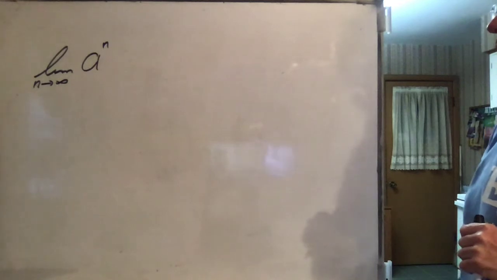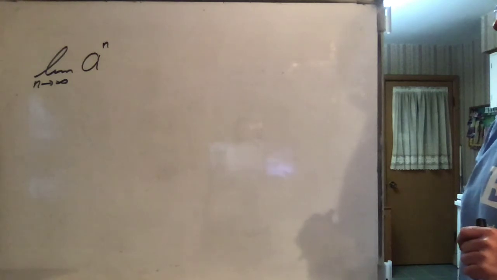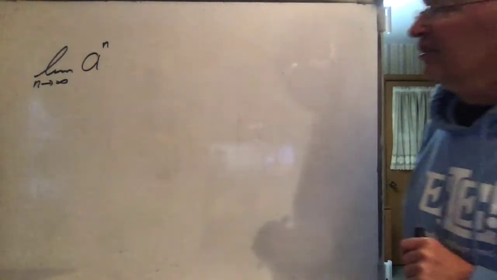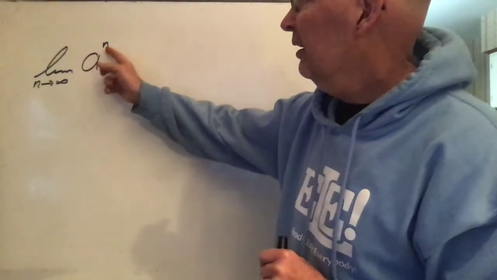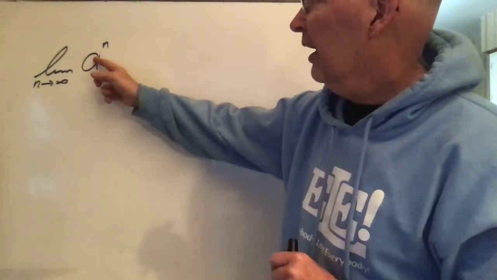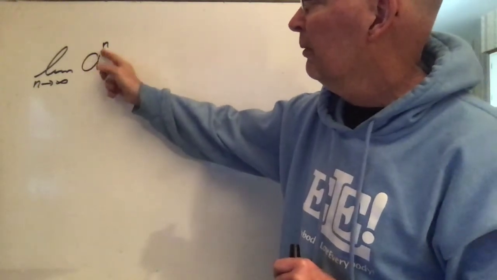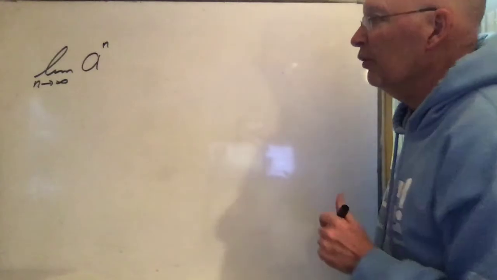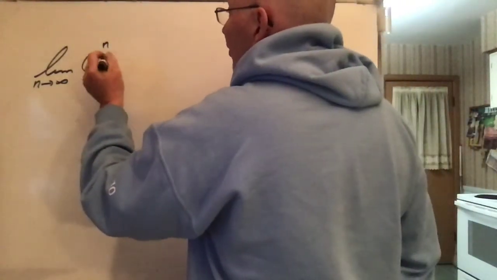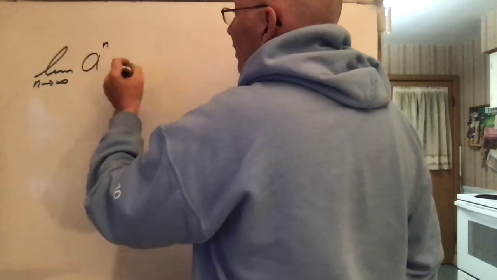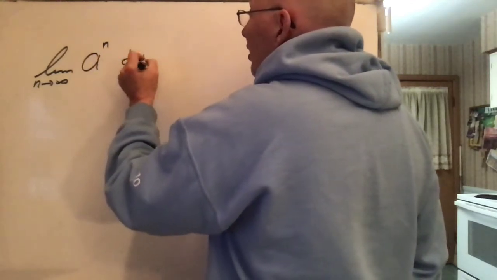What's the limit of a to the n as n goes to infinity? Well, if a is anything larger than 1 in size, then notice that you take anything larger than 1 in size, it's going to just keep getting bigger and bigger and bigger as you multiply it by itself over and over and over again. So this limit is going to be, let's just say that it diverges